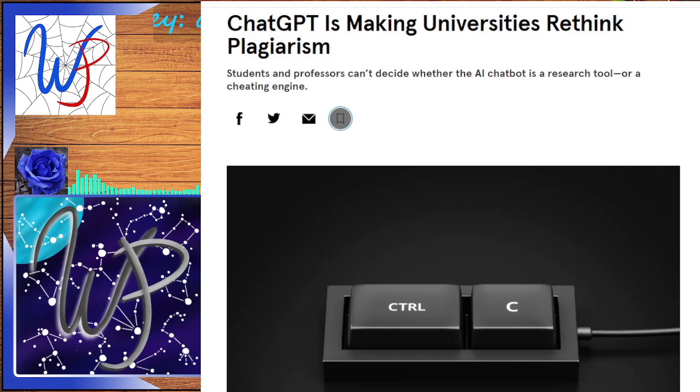Okay, ChatGPT is making universities rethink plagiarism. Students and professors can't decide whether the AI chatbot is a research tool or a cheating engine. Now, I have to say,